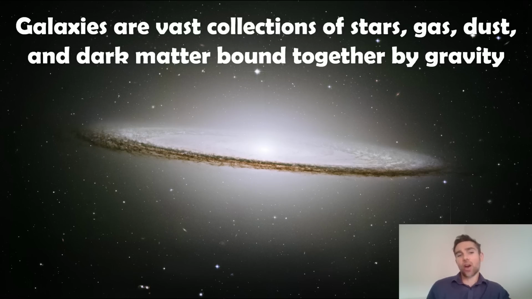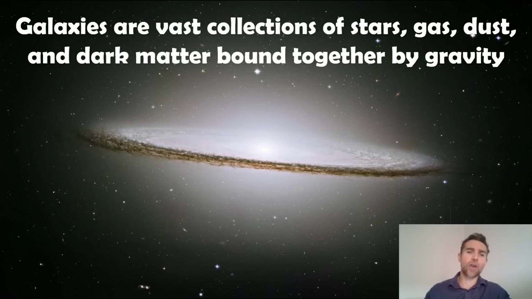So galaxies are vast collections of stars, gas, dust, and also dark matter bound together by gravity. Now actually the gas and dust is not necessarily true for all galaxies. Same again with dark matter, some have more than others. But as a fairly general view of galaxies, they contain lots of stars. Some of them contain lots of gas, dust, dark matter. Obviously, you've got your planets and other stuff there, but we wouldn't classify it as dust, but it's definitely not gas.